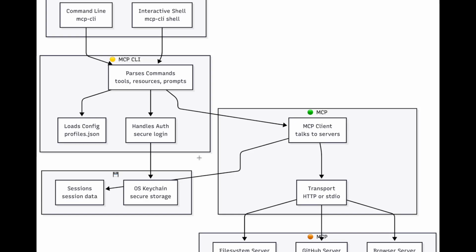So hey everyone, let's continue the MCP playlist. In the last video, I talked about the introduction of the MCP and life cycle plus architecture. In this one, we'll talk about how we can build an MCP client, which is command line based, to connect